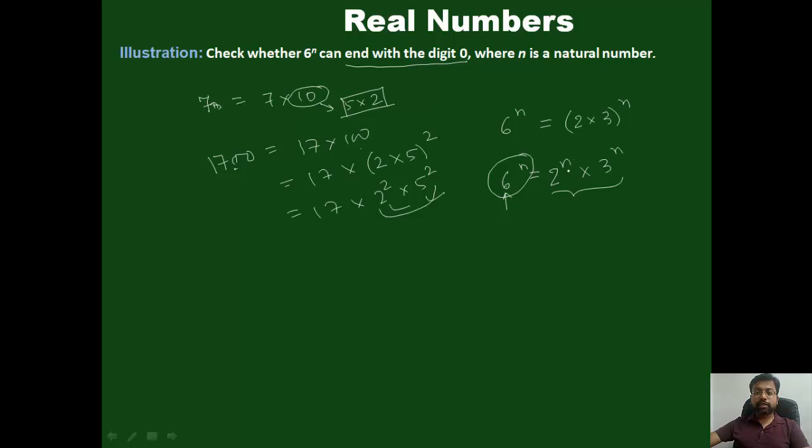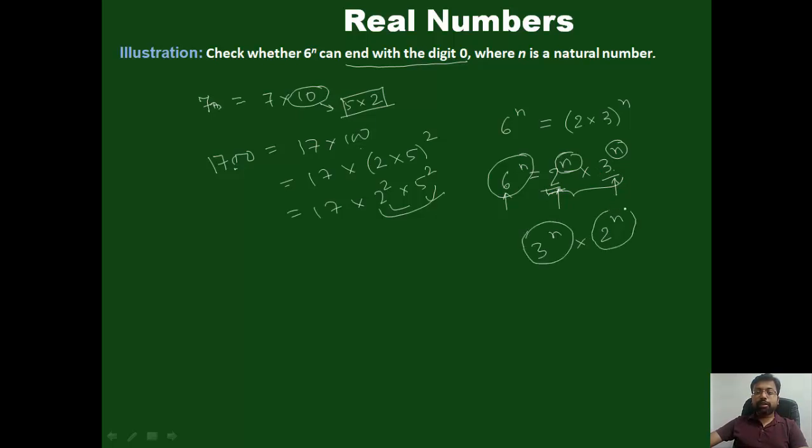Now what is stated beyond that? It's stated that the prime factors are going to be unique, which means anybody who does this calculation is going to get the same prime factors. So I got the prime factors as 2 and 3. When you factorize 6 to the power n, you'd get the same powers and the same prime numbers. Their orders might be different. So somebody could get it as 3 to the power n into 2 to the power n. I got 2 to the power n into 3 to the power n. So the order might be different, but the prime factors and their powers are going to be unique,